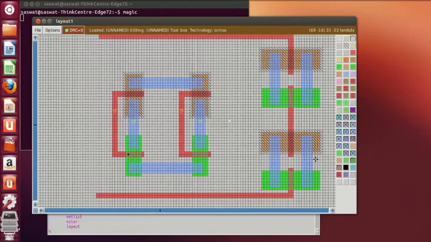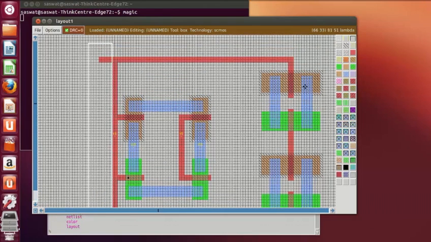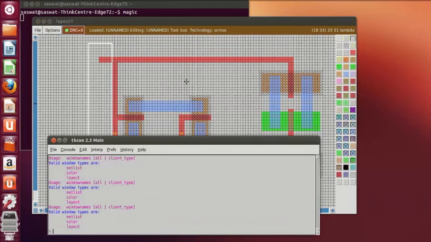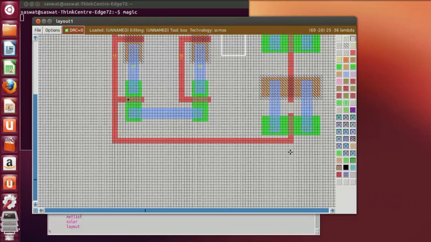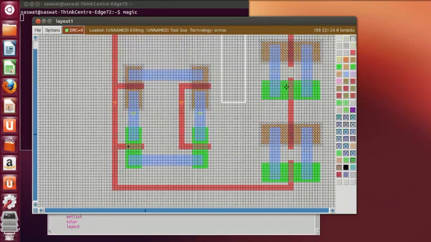Okay, now these two gates are connected to this A, so we can directly connect from here to here. And then middle click on M1, middle click on poly, directly this can be drawn, then from here to here erase. Okay, now this is VA, A connected. Now A bar, this A bar is connected over here,